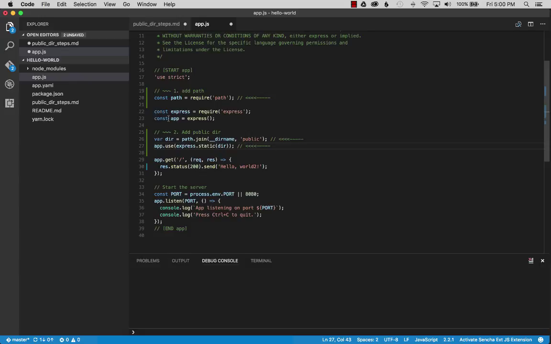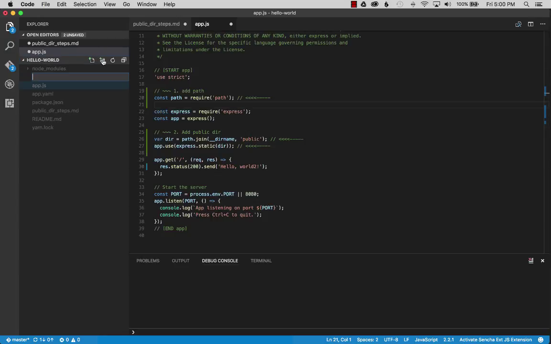or constants. Okay, so now that I have a constant, I'm going to define the variable directory, and that path, I'm going to use the __dirname path directory name and then give it public. Define that. Now that I've defined that, I'm going to define the static directory and tell the app to use that. Okay, so now that I have the definition created, I'm going to go to my Hello World and create